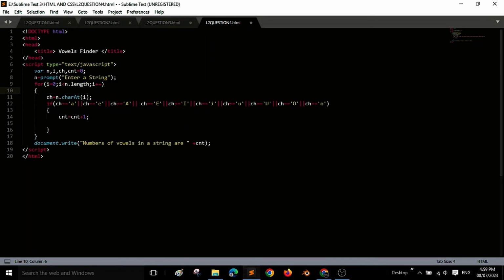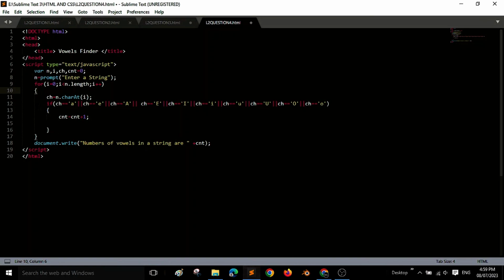So now you can see the if statement. The use of this if is that it will go on checking whether there is a vowel in the following statement or sentence. Is there an a? Is there an o? Is there an e? Anything, it will go on finding. If there is a vowel, it will increase the count by 1, depending on the string. If there is no vowel in a string, it will remain as it is.